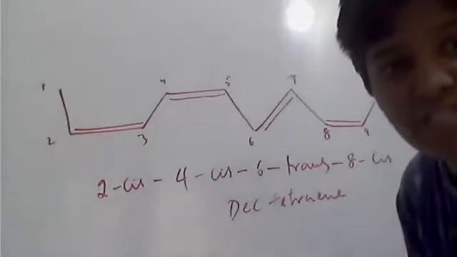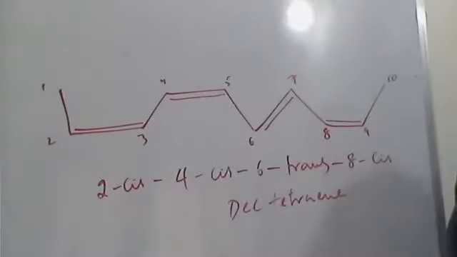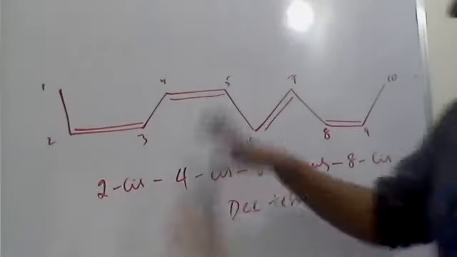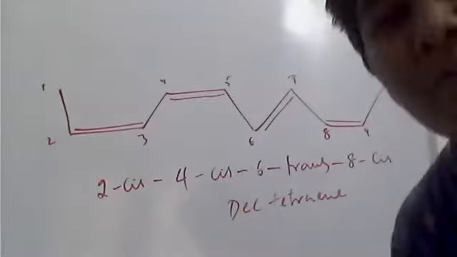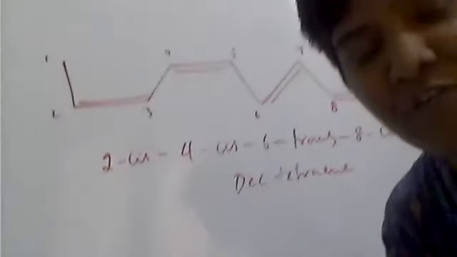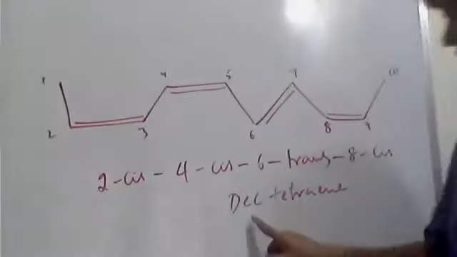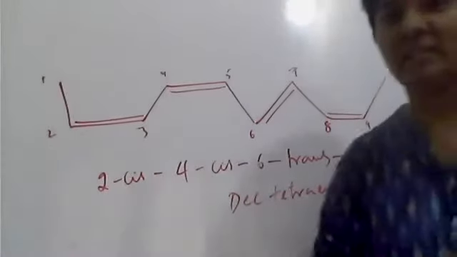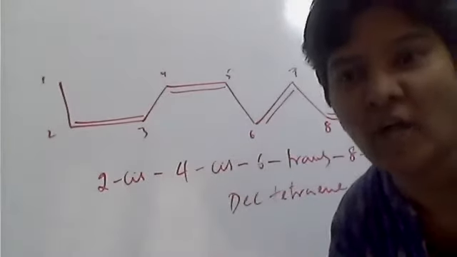And I kept this video also in the online revision class. So it is 10 carbons. 10 means what is the root word, beta? What is the root word for the 10 carbons? Dec. Okay, dec.